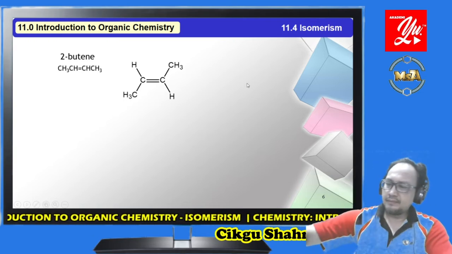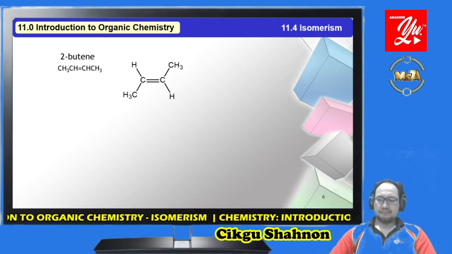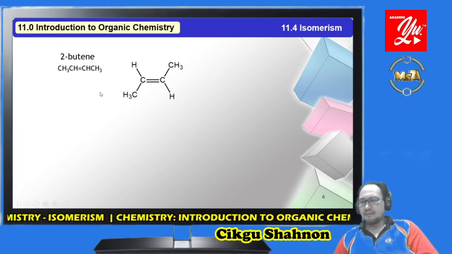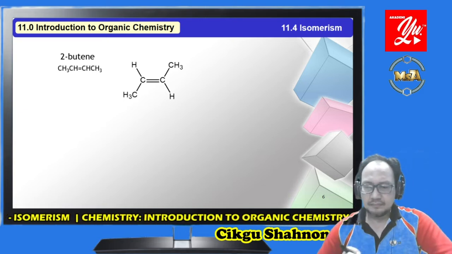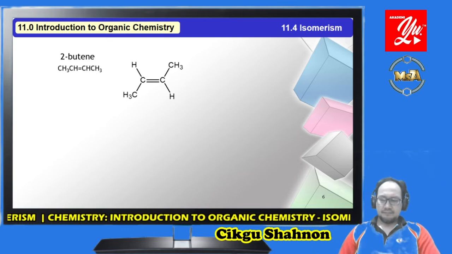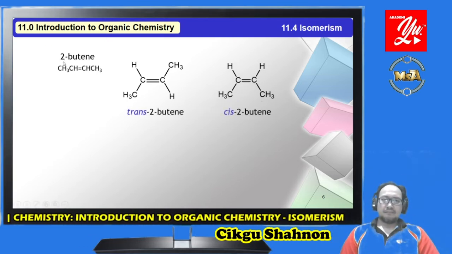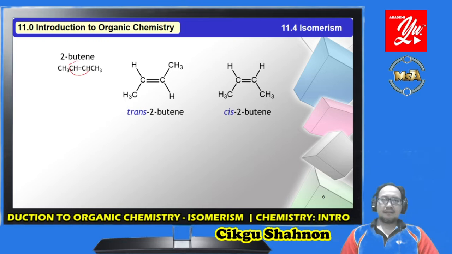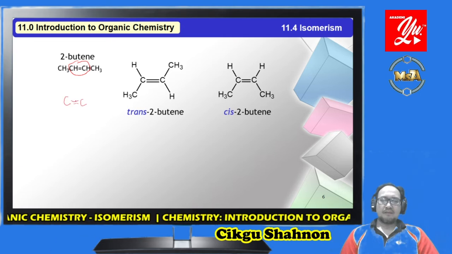Okay, let me take my pen. Okay. How to draw it? Okay, first we look at this carbon-carbon double bond, CH double bond CH. So we draw like this carbon-carbon double bond and make it like this. Why? Because